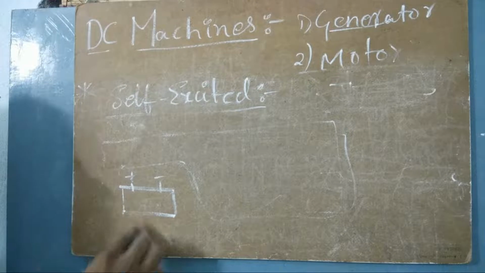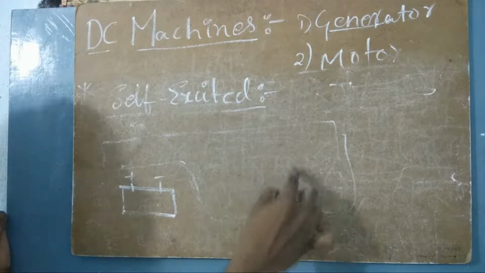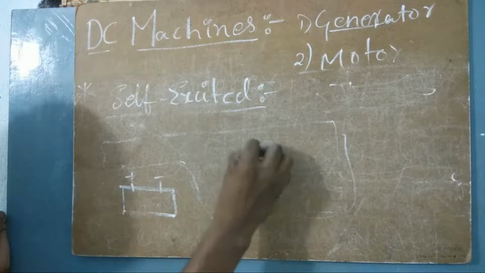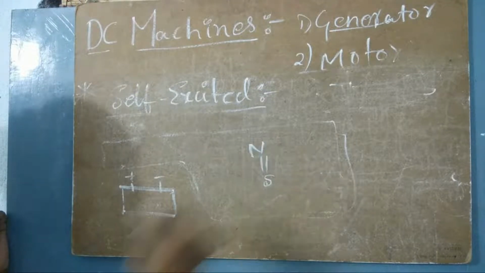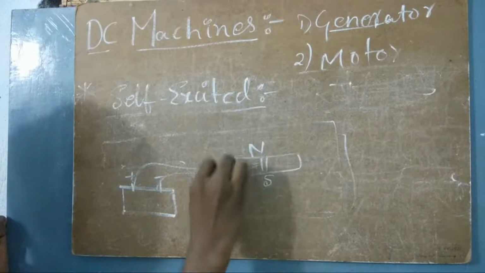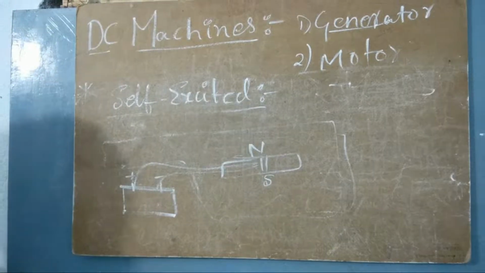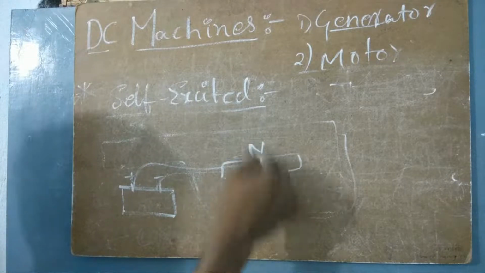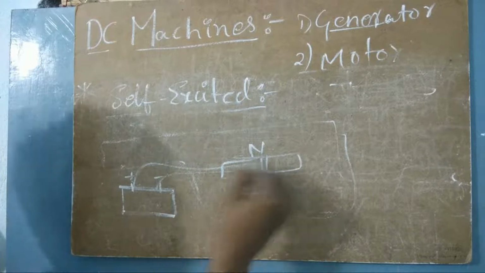So this battery has to excite. That means it is giving the power to the armature, or whatever rotates inside the generator, the excitation. So this excites it so that it produces electrically produced north and south poles. When these north and south poles are electrically produced, this excitation will be directly given to the rotor part which is rotating. This is not under self-excited, but I'm trying to give you an idea. Here I have north and south poles. When this excitation is given, I will produce north and south poles because the winding will be there.